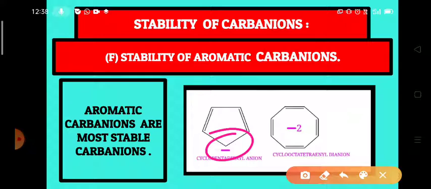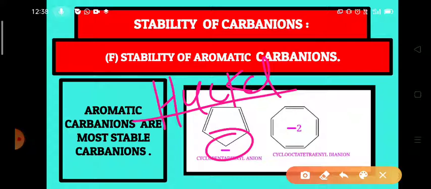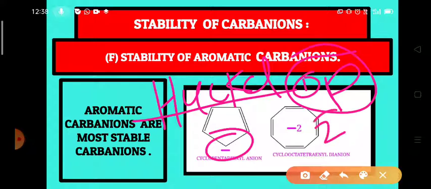And we know very well that a compound is known to be an aromatic compound when it follows the Huckel rule. So, for a compound to be aromatic, it has to follow Huckel rule. Under Huckel rule, the first condition is that it should possess planar structure, and secondly, it should possess cyclic structure. Thirdly, it should be in conjugation. And already we have learned in the previous videos what is meant by conjugation.